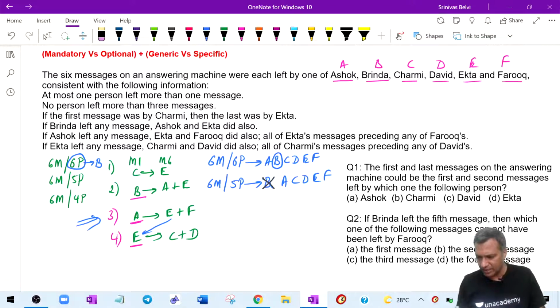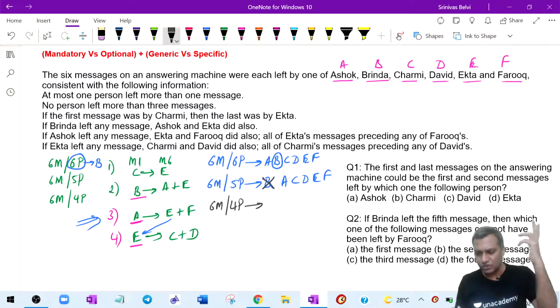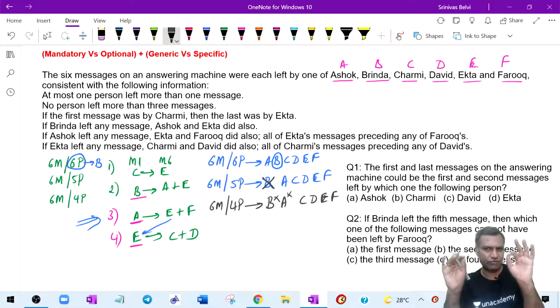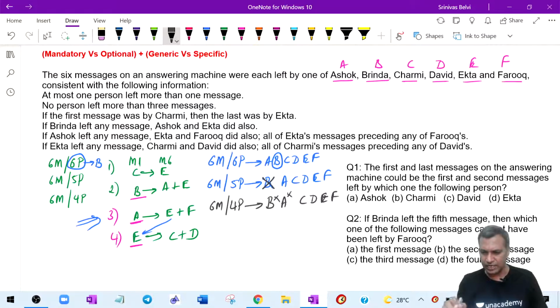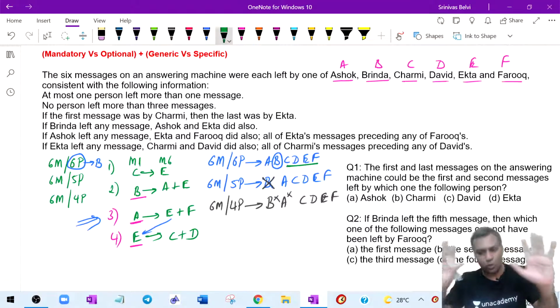Fair enough. All right. Now you may think, okay, so when are six messages sent by only four people? This time, B is also not there. A is also not there. Then who are these four people? C sends a message, D sends a message, E sends a message, and F sends a message. Therefore, no matter which case you are talking about, this is the mandatory component. Without CDEF, this messaging is impossible.